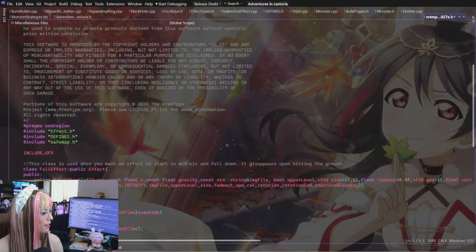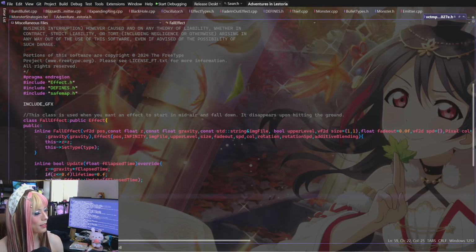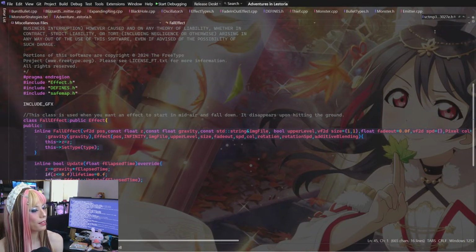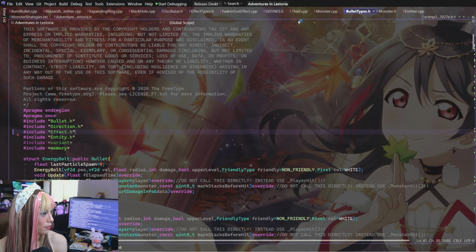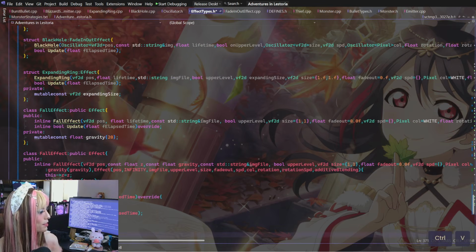And so that means I do need this version of fall effect, but I need to call it something else. I can call it falling snow or something. I think that's better. Or just, what would I call this? It's kind of hard to say because I'm already using fall effect. I could call it falling debris, like the file is supposed to insinuate.